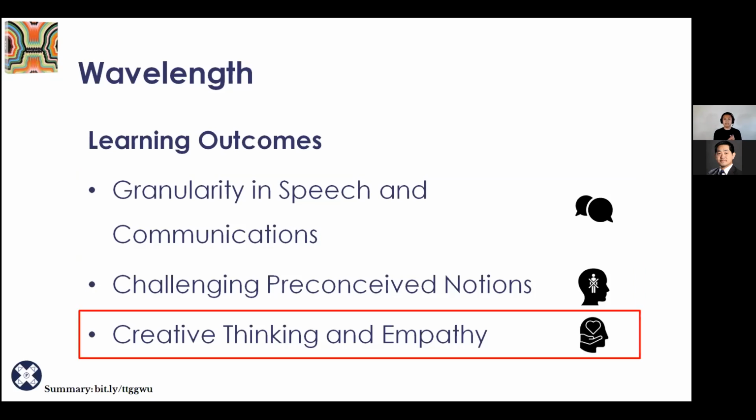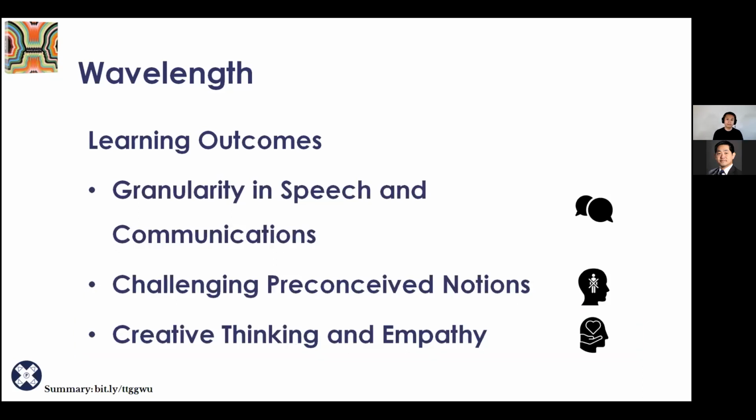And the last part, like the others, is creative thinking and empathy. Again, as a psychic, you're trying to give a clue that your teammates are going to be able to guess. Knowing how your teammates think or how they might interpret clues is going to go really far in serving you as a psychic for the game and doing really well in the game overall.